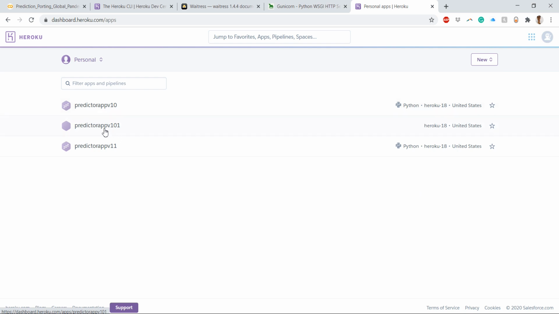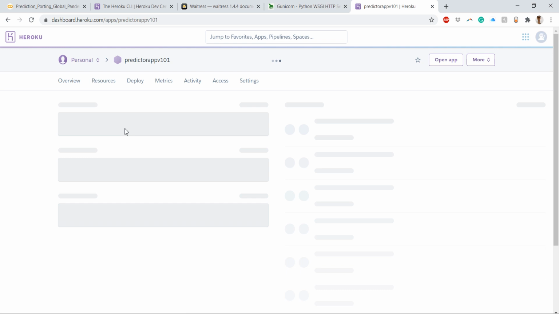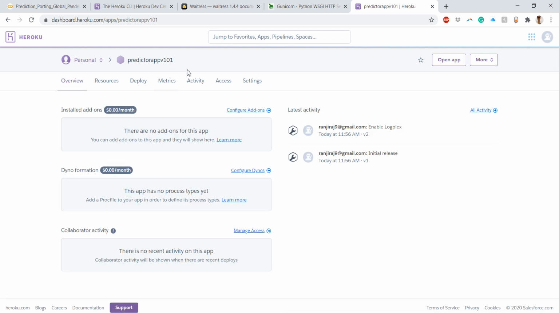Okay, so if you click on this app, our newly created app, we can see there are different parameters. Obviously there is pricing associated with this. I'm currently on a free account. For a free account they give the liberty of deploying 5 Heroku apps.